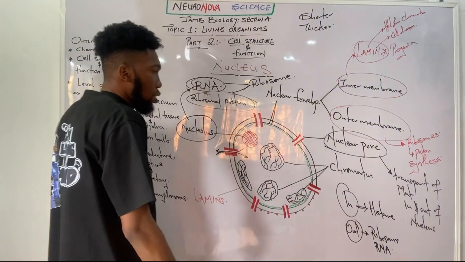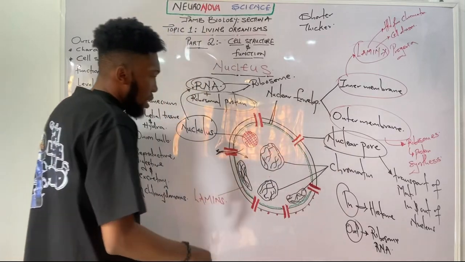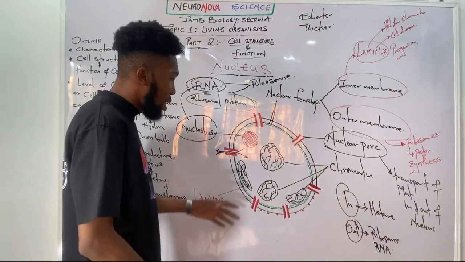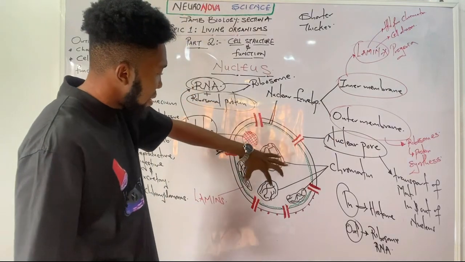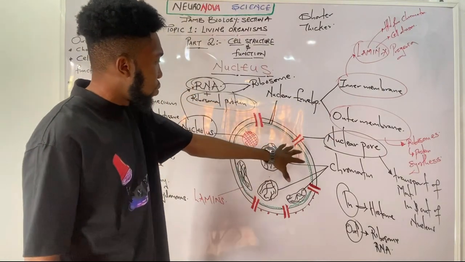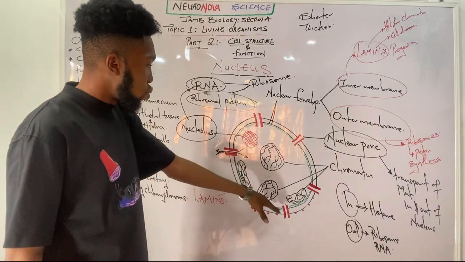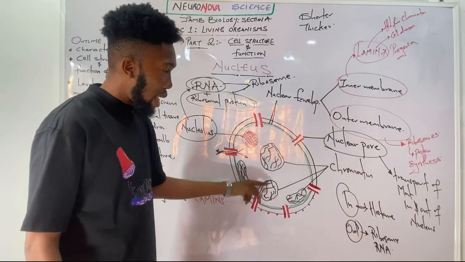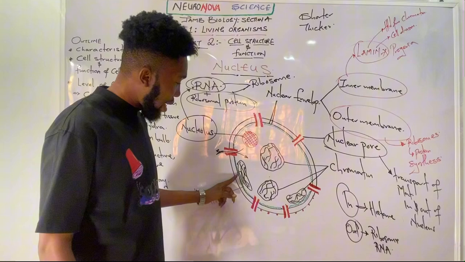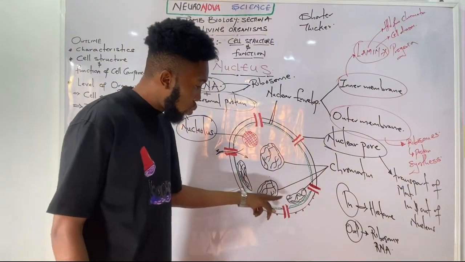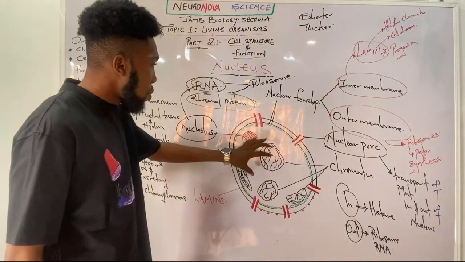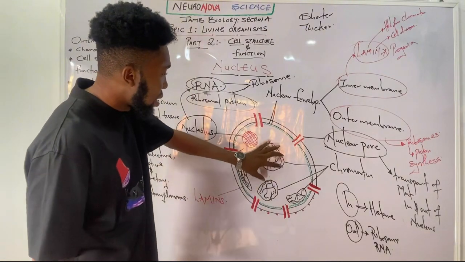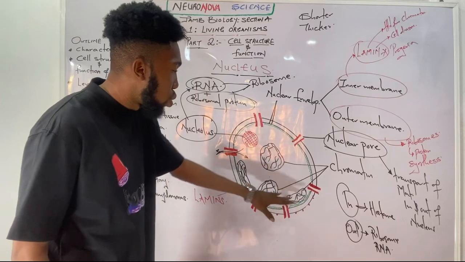Finally, for the nucleus, we'll be discussing chromatin. Now, I need you to look at something. In this diagram, we have some chromatin that are suspended more at the middle. They are not attached to the sides, they are not attached to the walls. You can see them here. And we have those that are firmly attached to the inner membranes, right? Good. So those chromatin that are suspended at the middle, not attached to the walls, we call